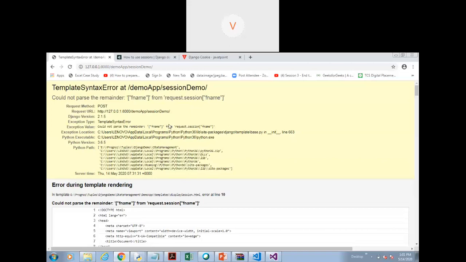So that URL query string part and this session I will rectify, and maybe through the mail only I will send you the corrected code.